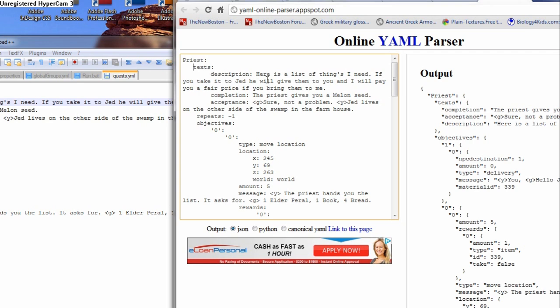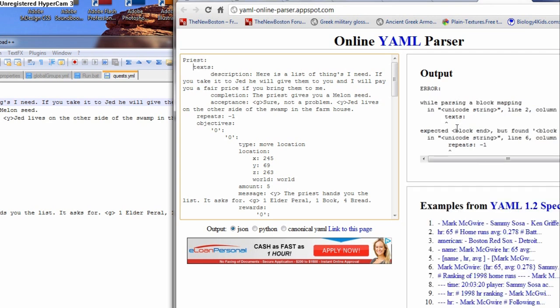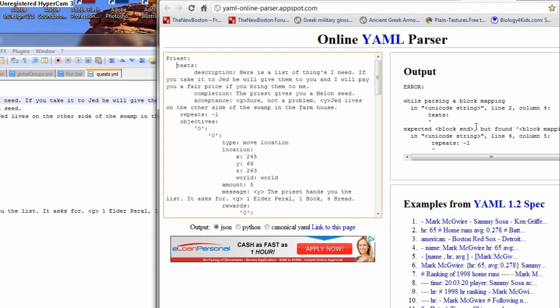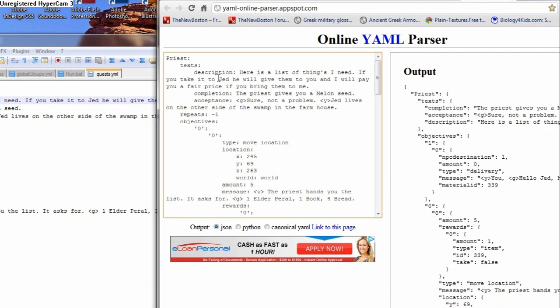But say you left out a space. Oh, now you've got an error. Well, it will show you the line number, you know, line 2, column 4, and it puts a little thing there showing you exactly where it's at. It says it's the T, which it's actually the space right before the T, but it's pretty close. So you can figure it out that way. Really, really useful.